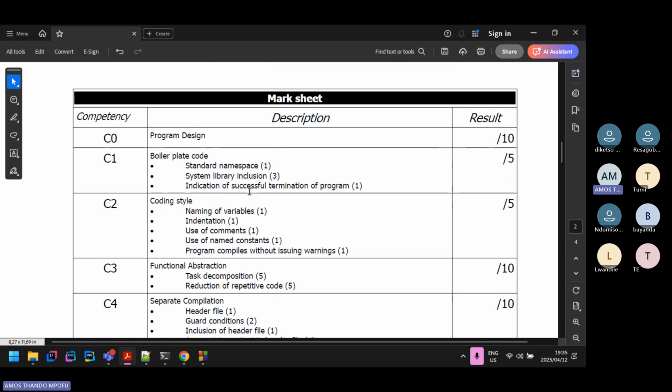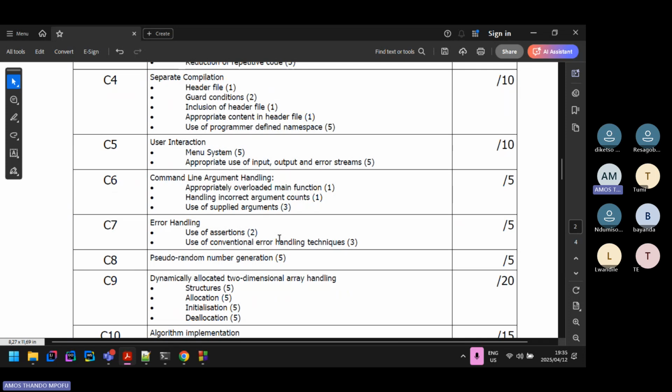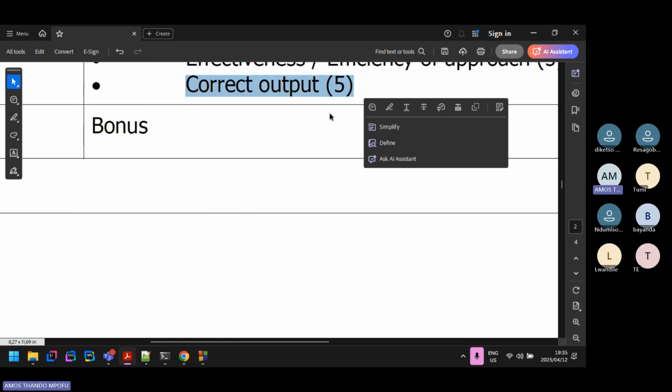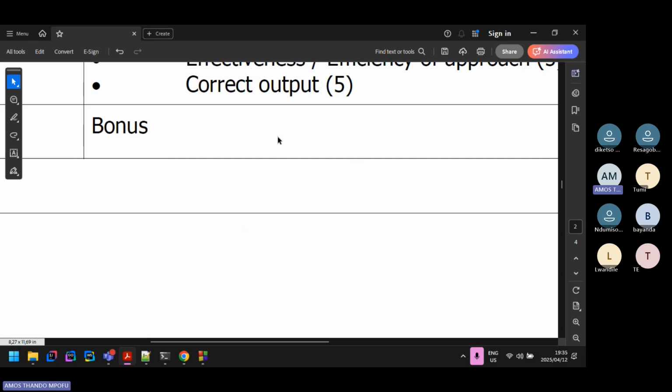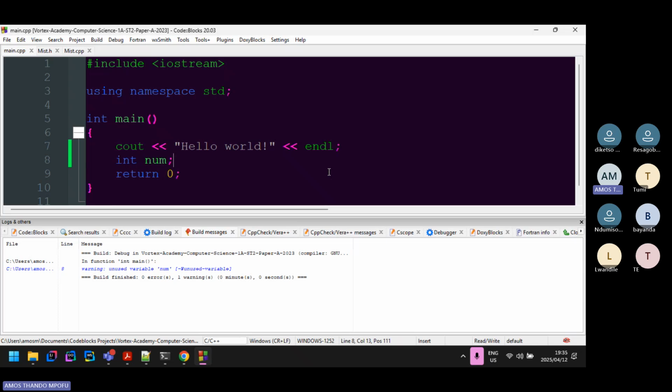Make sure everything that's on this mark sheet, you have it in your code. And don't worry about output. Output is worth 5%. It's not worth your time. You can't sacrifice 95% for 5%. Don't be stupid. Even though I did tell my students last year, some got 90 something percent by having